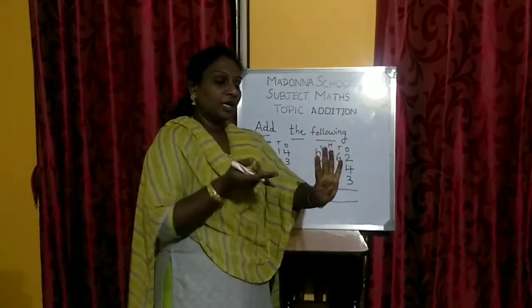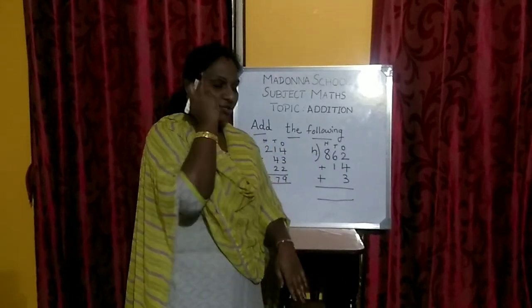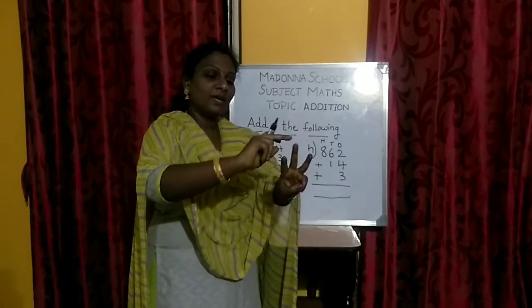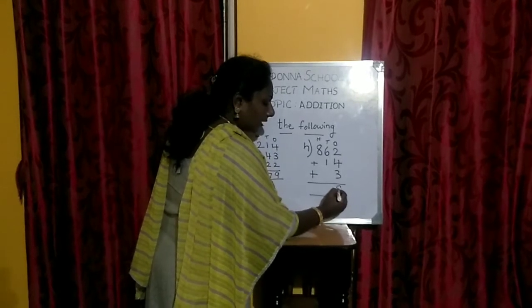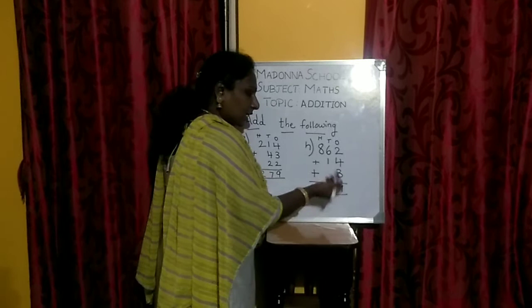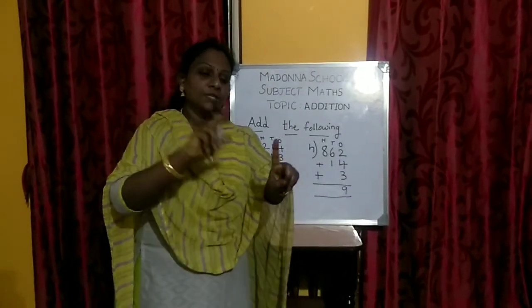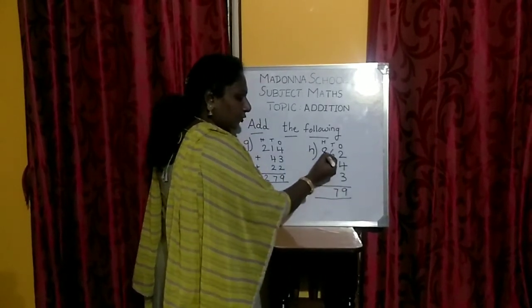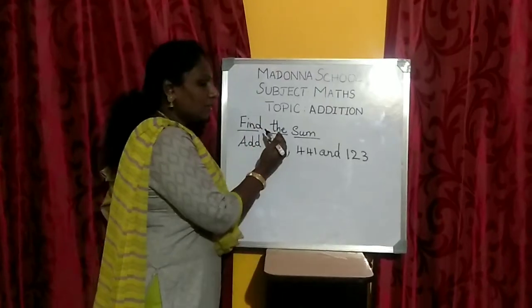4, show it in your finger. After 2, 3, 4, 5, 6. So 6 in your mind, 3, show it in your finger. After 6, 7, 8, 9. So 2 plus 4 plus 3 equals how much, children? 9. So 6 plus 1. As I told you, 6 plus 1 is how much? 7. Or you can go with the same method. 6 in your mind. 1, show it in your finger. After 6, 7. So 6 plus 1 is 7. What you should do now? You should bring down the 8 as it is. Okay. Understood? Find the sum.